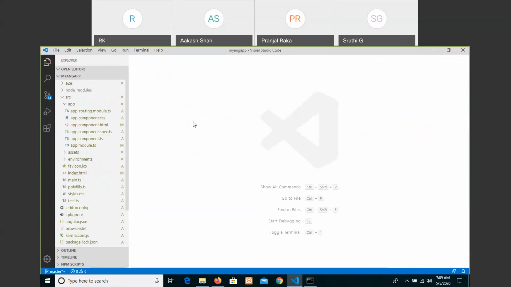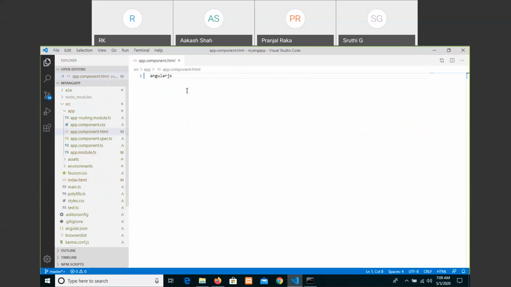Let's close all these files. Let me create a sample design in this file and see the output. Here we have class directly.